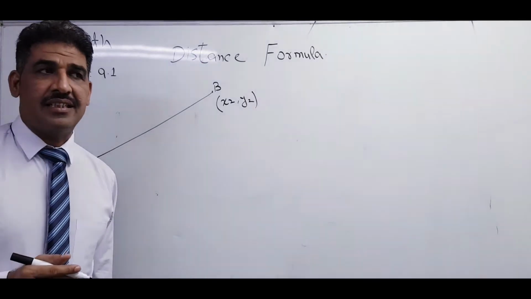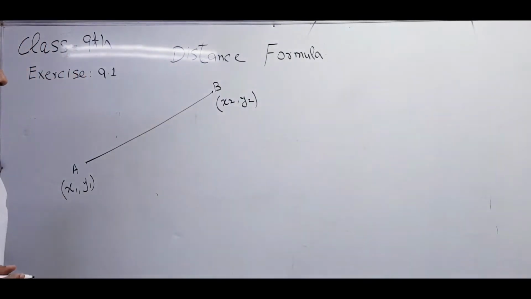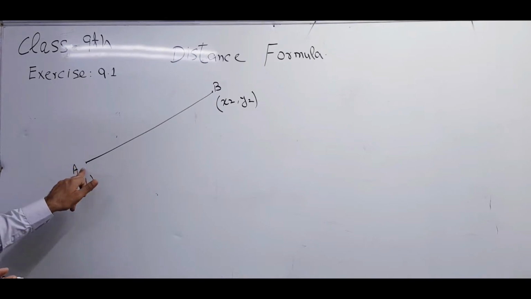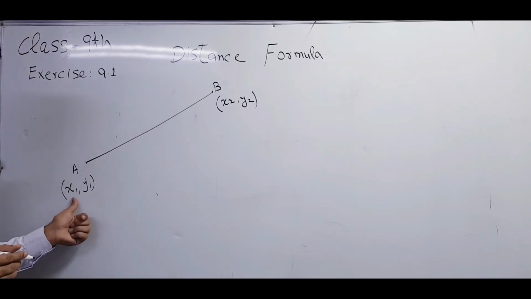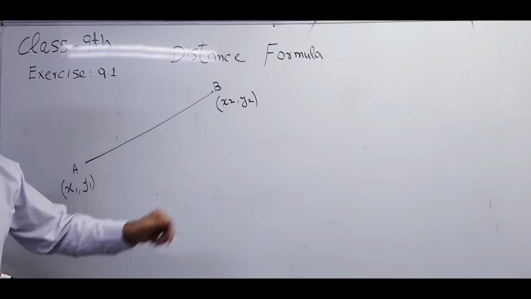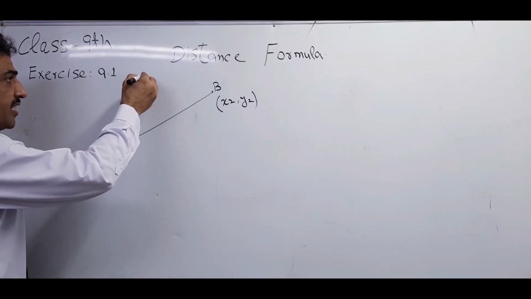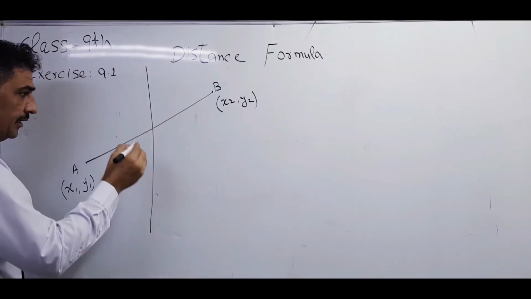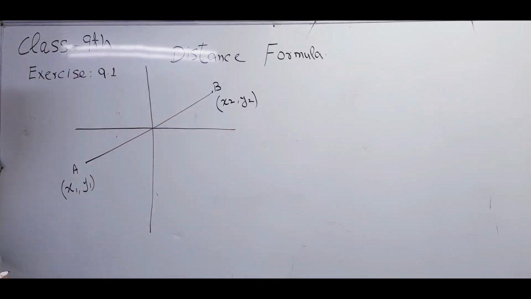In this exercise there is a distance formula. Distance, as you know, is the distance between two points, like there is a point A and a point B. When a point is on a plane, there are two coordinates: one coordinate is x1, the second coordinate is y. X means how much distance from the y-axis and y means how much distance from the x-axis, because all of this is in a rectangular coordinate system like that. This is the x-axis and the y-axis, right?